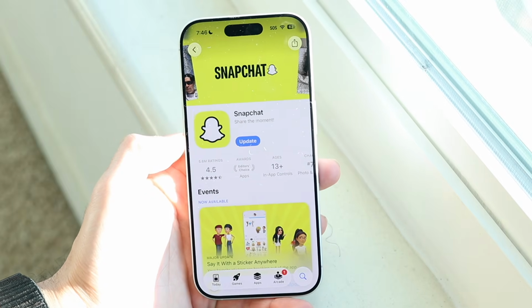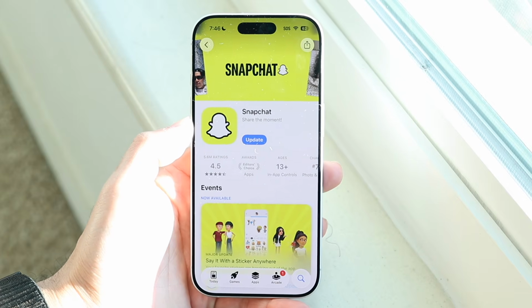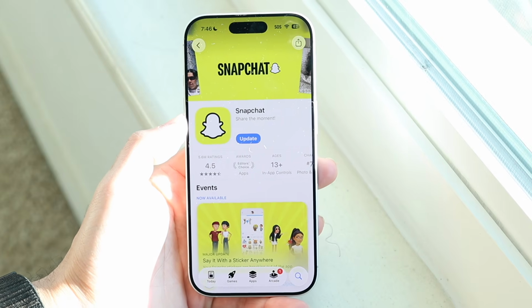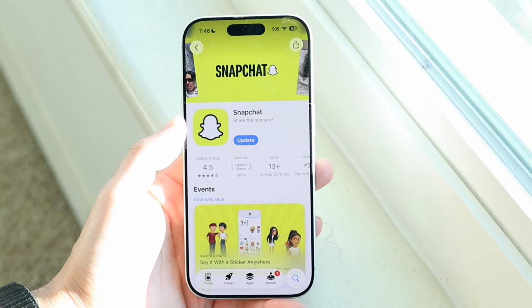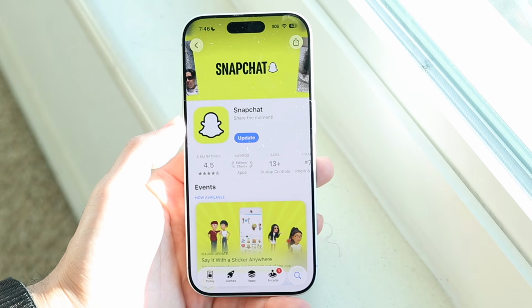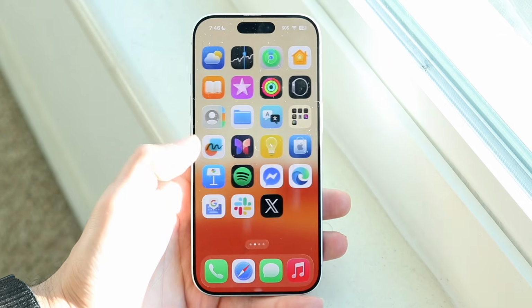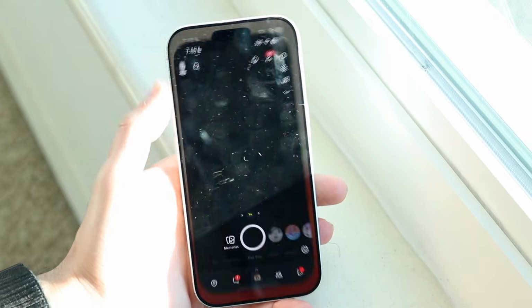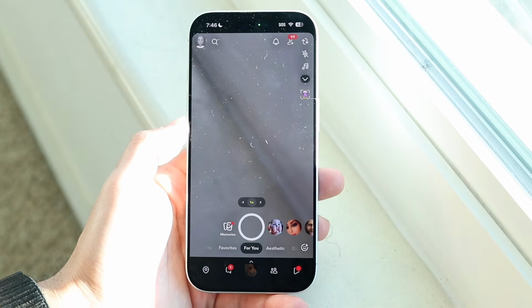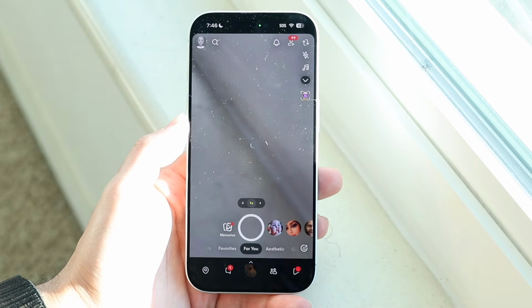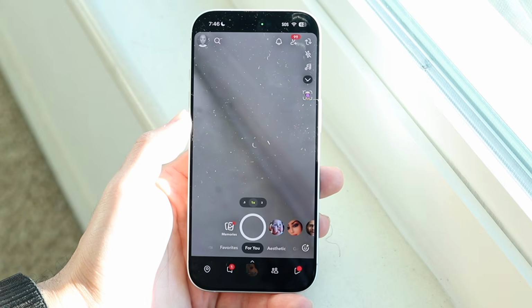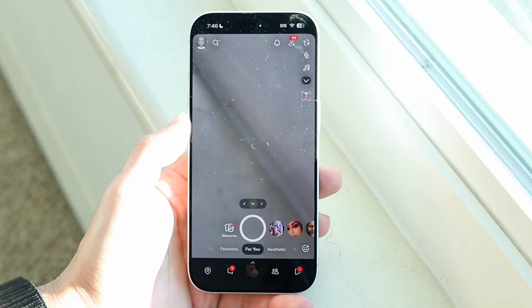Now, this is what the application looks like. It looks like a standard type of application. You can look for it inside of the App Store or the Google Play Store, and you'll be able to find the application this way. Now, once you go ahead and download it and install it, it's going to bring you into a page similar to this. It's first of all going to tell you to basically log in and sign in. So go ahead, log in, sign in, do what you got to do, and then you'll basically come into this